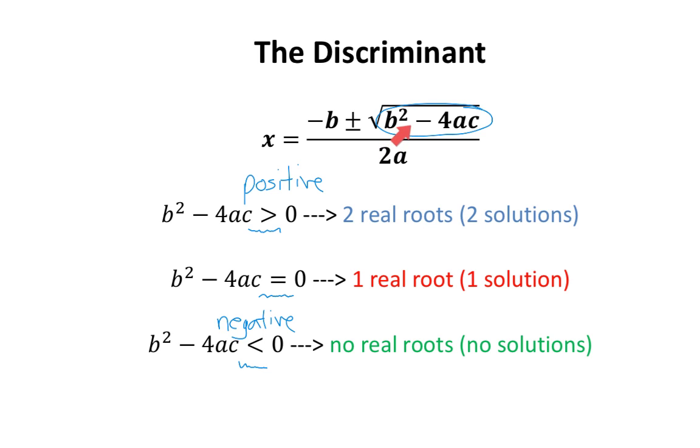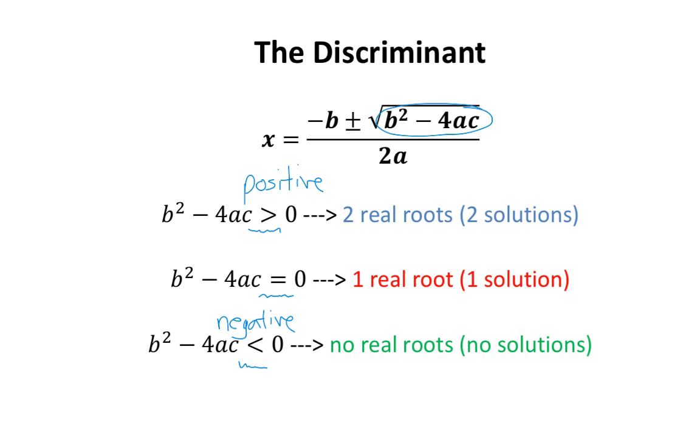If the discriminant is positive, that means when you square root it, there are two possible values. There's a positive value and a negative value, which means you would get two values of x, which means you would have two real roots or two solutions. If your discriminant is equal to 0, this entire thing disappears and that only gives you one value of x. However, if your discriminant is negative, ask yourself this question: can I square root a negative number? And as of right now, you do not know how to do that,